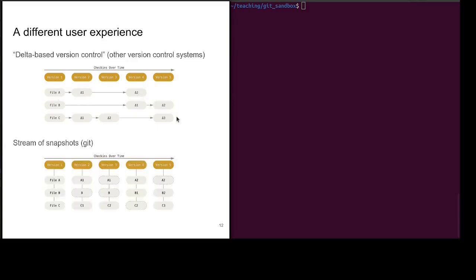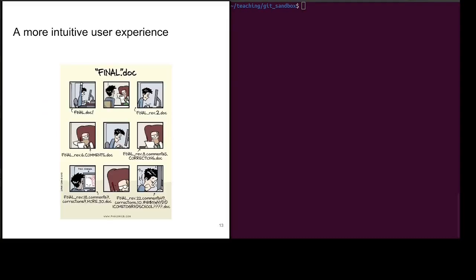Now, Git stores a stream of snapshots of a mini file system. It's more like saving a new version of a file at each version. Now, under the hood, it's also storing differences between files, not the same full file all the time, but the way the user interacts with it is different. Now, I'd actually argue that this is a more intuitive user experience,